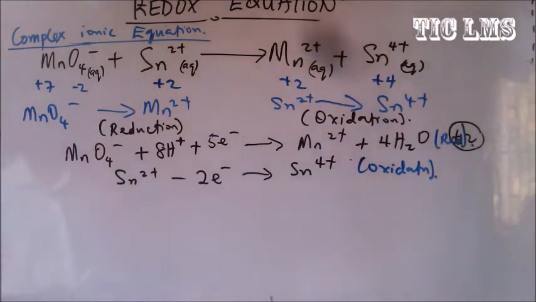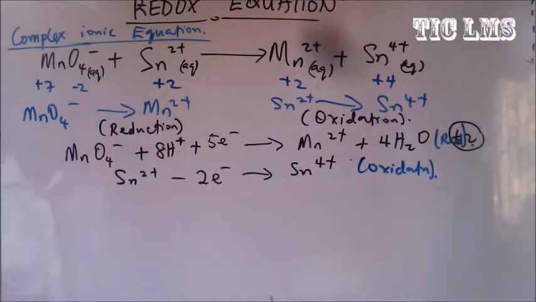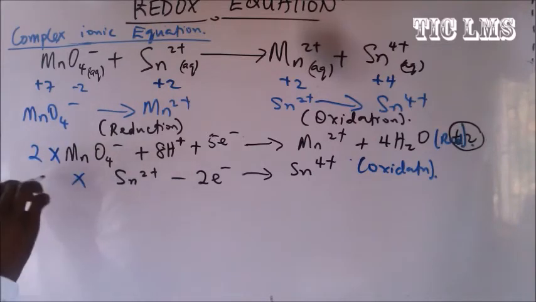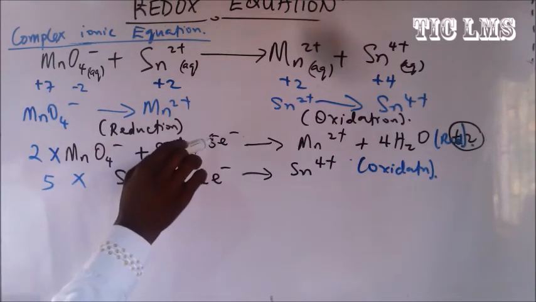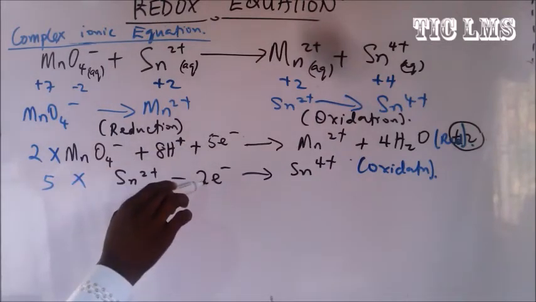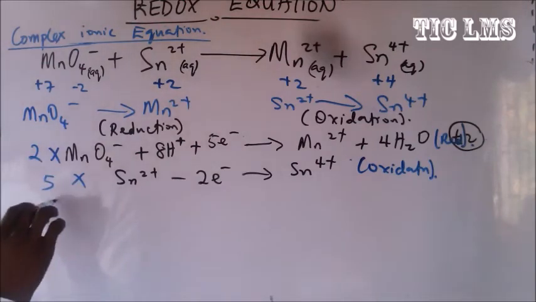Next, we need to balance the electrons. We have 2 electrons here, and we have 5 electrons here. And so this can be balanced by multiplying equation 1 by 2 and equation 2 by 5. Why? Because we use the 5 electrons here to multiply equation 2, and we use this 2 electrons for equation 2 to multiply equation 1. And that will give